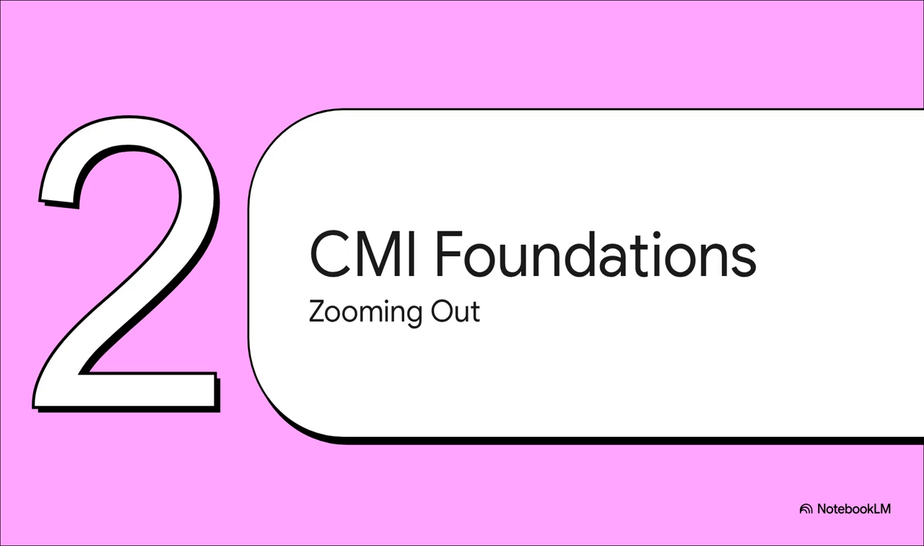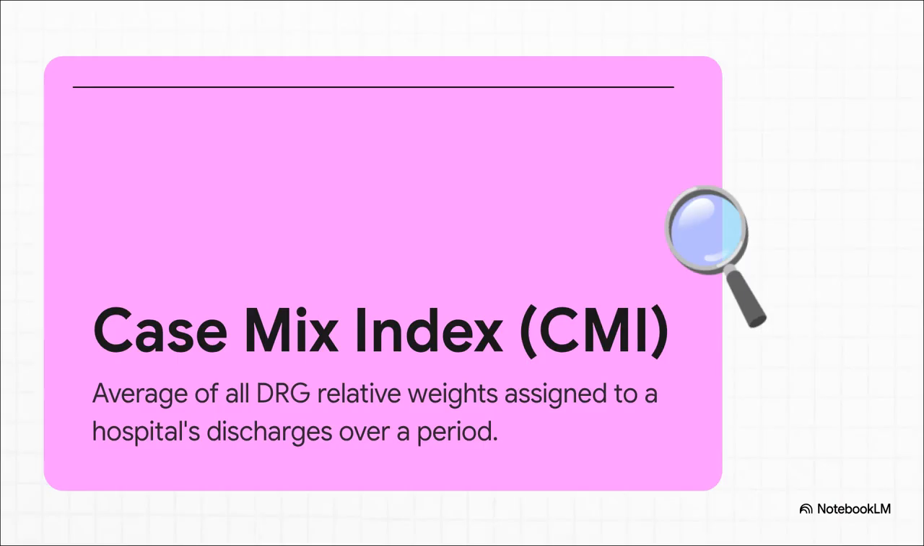Now we're zooming out from the individual patient chart. We're looking at the ultimate healthcare executive metric, the Case Mix Index, or CMI. The core formula here is actually pretty straightforward. CMI equals the sum of all MSDRG relative weights for discharges in a given period divided by your total number of inpatient discharges. Basically, CMI is the true reflection of your patient population's overall clinical complexity, their resource intensity, and